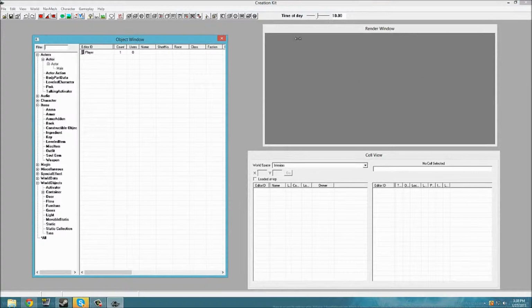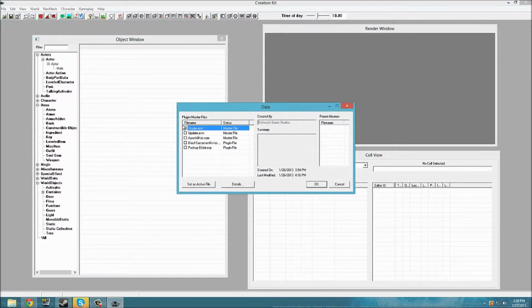So, now you will be greeted with this awesome menu. Now you're probably saying, oh god, let's check out all this stuff. Oh, why is there nothing there? That's because you need to load your Skyrim files. So you need to click File, Data, double click the little checkbox so it has an X on it, and